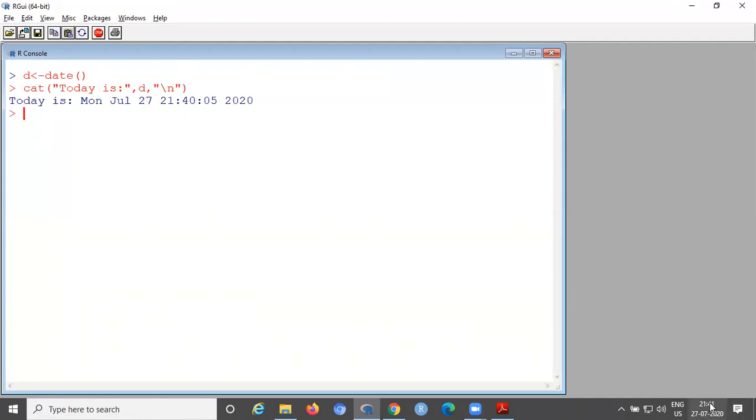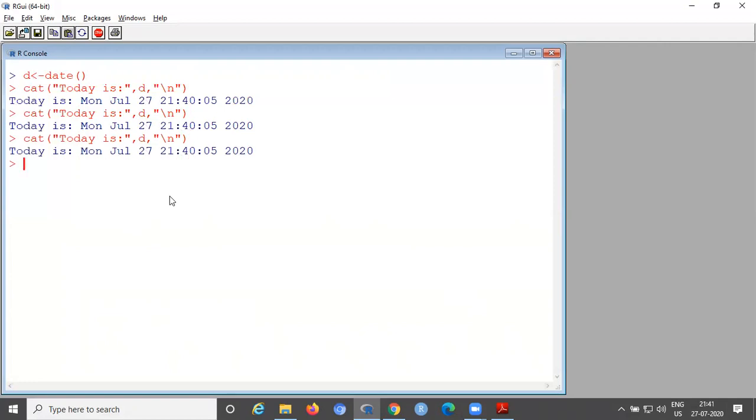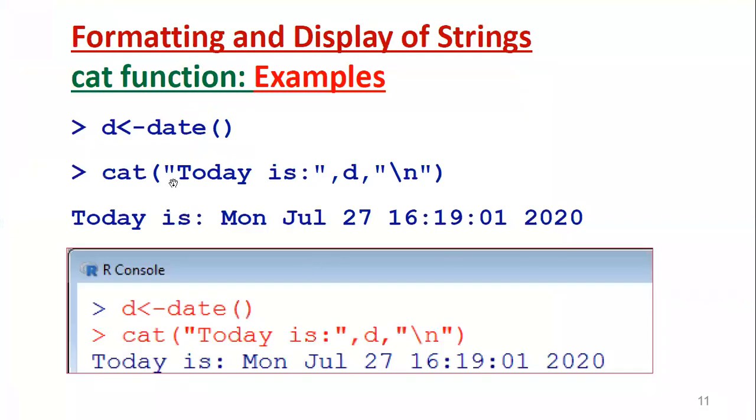Now you can see the time is 9:41. Now you can again rerun. The time is changed. Yeah, you can refresh and do. So automatically it changes the time as per the system. It takes some time for refreshment. It displays as usual the system time. Now this is the output that we have demonstrated.